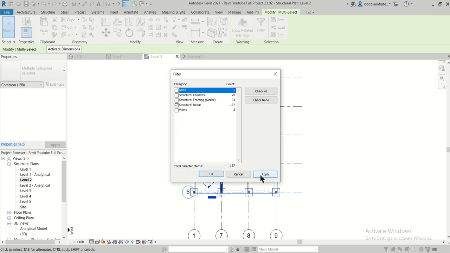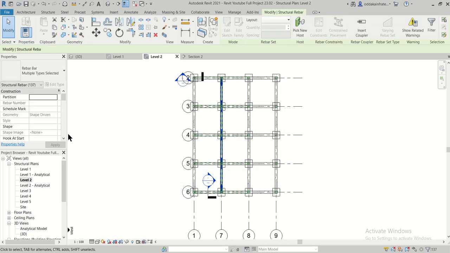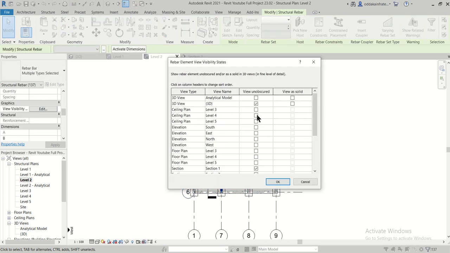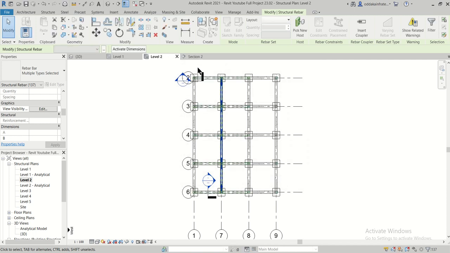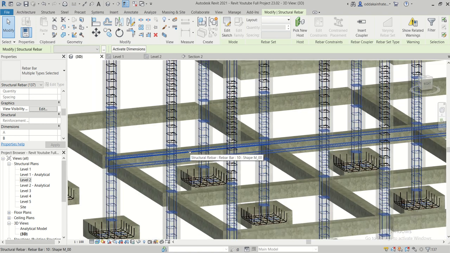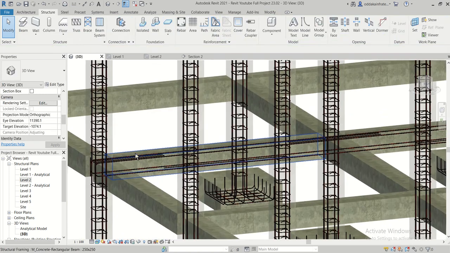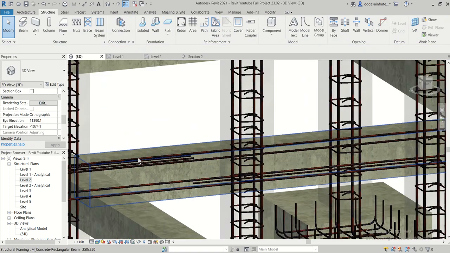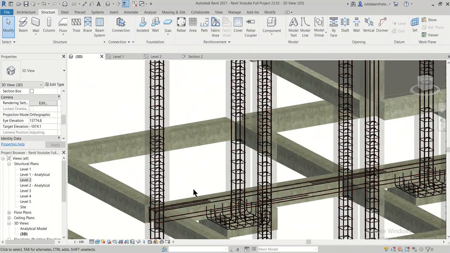and then click on apply, OK, and then we'll just go to this visibility option. These two options are selected, and then we'll just go to 3D view just to check what is the option available here.